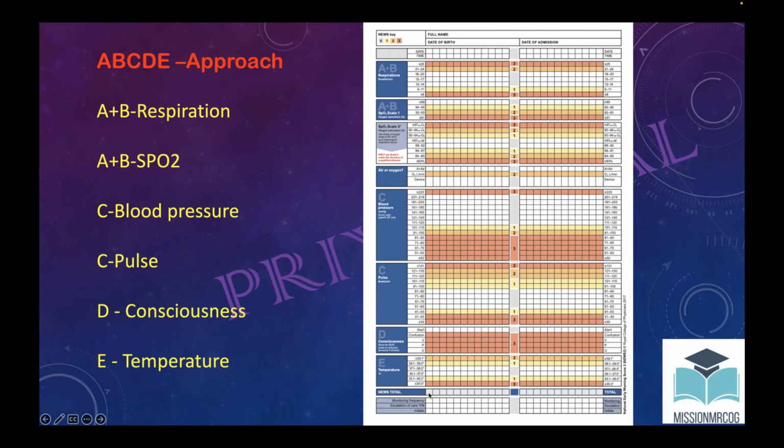So in the exam, you may find the score here, or you have to see red boxes or yellow boxes, or sometimes they show a graphical trend. So this way you will find it in the exam. So this is the NEWS